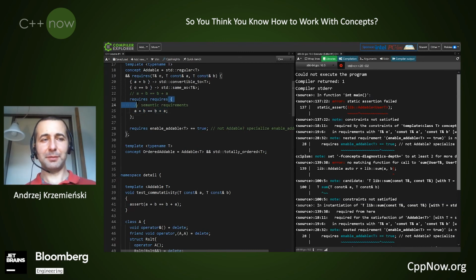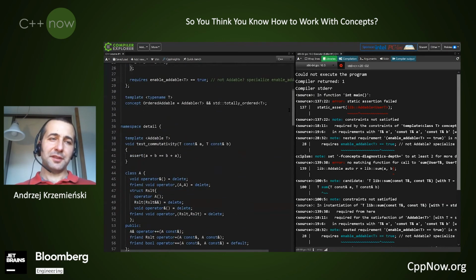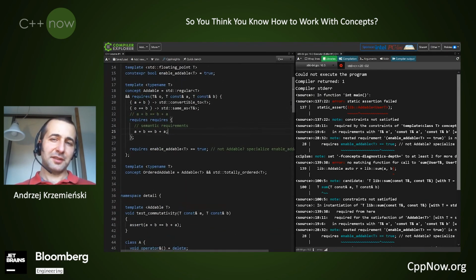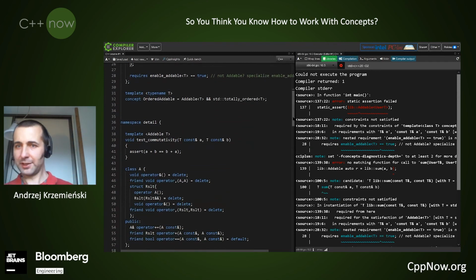I could actually wrap it in a macro called axiom, and we would get a similar effect. But maybe it is too tiresome. If this is the only nasty type, because it is a dubious choice to use operator plus for string concatenation, maybe this is just the only type in the world that has this problem. And we shouldn't penalize all the other decent users with forcing them to specialize this enable if.